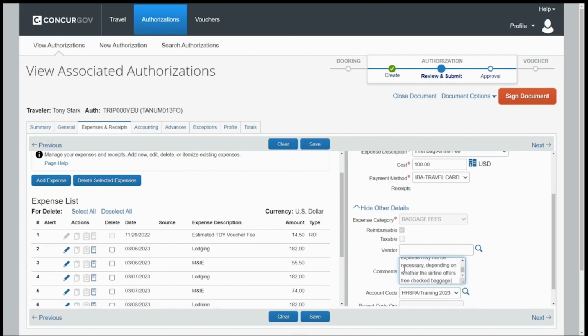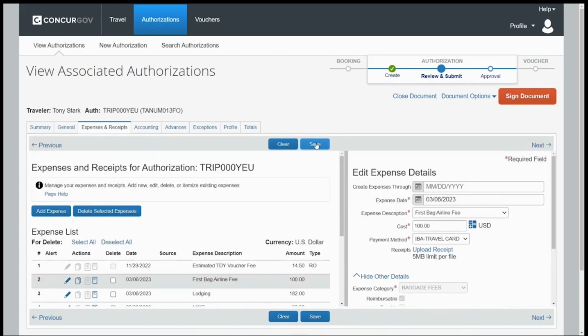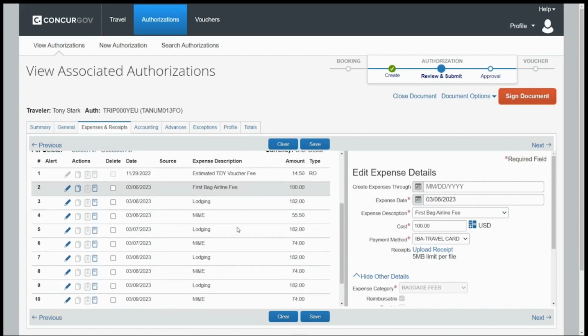As with all text fields in the E-Gov Travel System, remember to avoid using special characters. Once you have finished entering the expense details, select the Save button, either above or below the split frames, to add your new expense to the itemized table. If you do not want to apply the changes you made, you can select the Clear button instead to reset the page without saving. Now that we have saved our new baggage expense, we can see it within the table